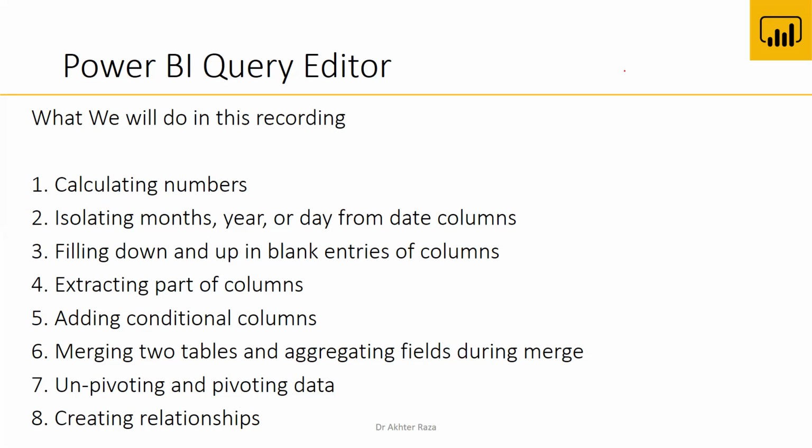We can also extract some part of a column and store it in a new column. We can add a conditional column based on the previously available column in the data sheet. How can we merge the two tables, and how can we use the aggregation procedure during the merging of the two tables? And lastly, we will demonstrate how to unpivot and pivot data using the Microsoft Power BI query